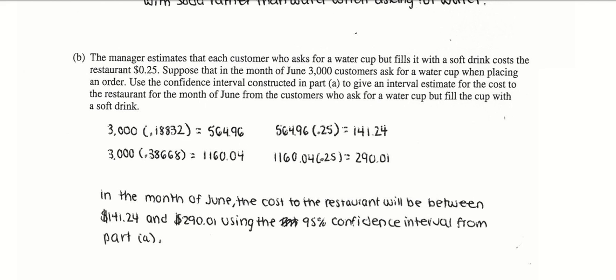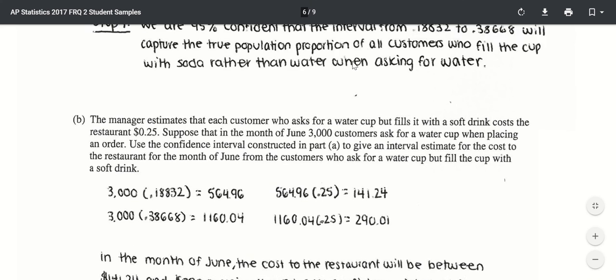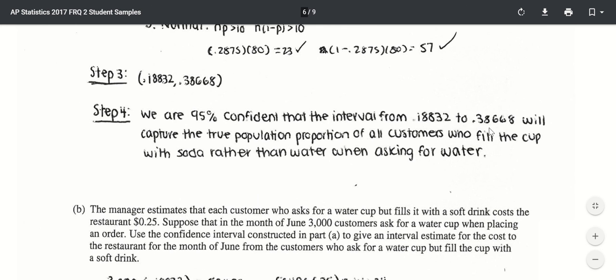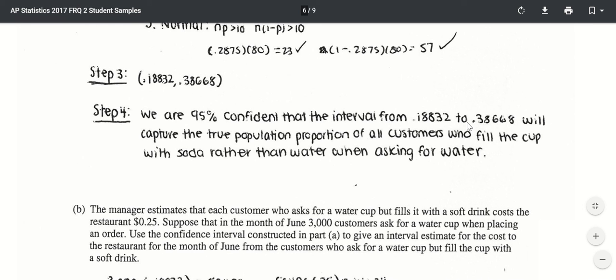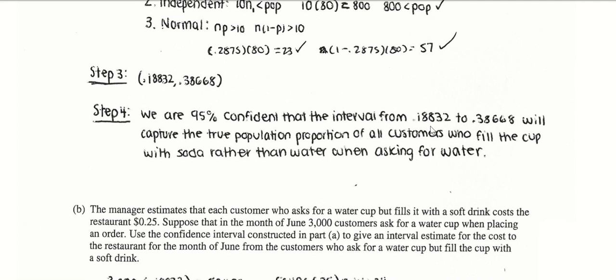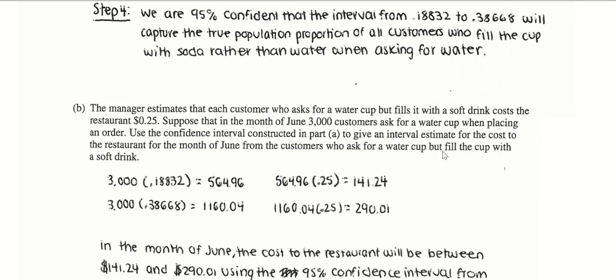So let's go back to part A and think about the interval. This interval here is the true proportion. We're predicting that this captures the proportion of customers who are going to tell a lie. So about 18% to 38%, or 19% to 39%. So if you know the percentage of customers, and then in part B it says 3,000 people come through, well, how many customers is it if we're predicting 19% to 39%? So find 19% of 3,000, find 39% of